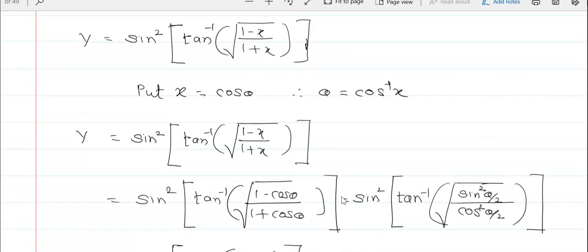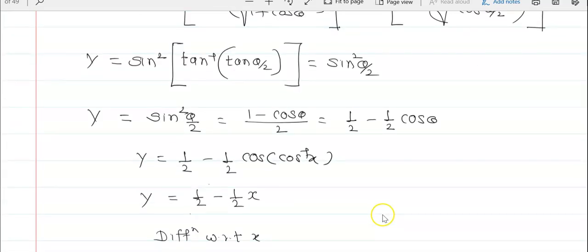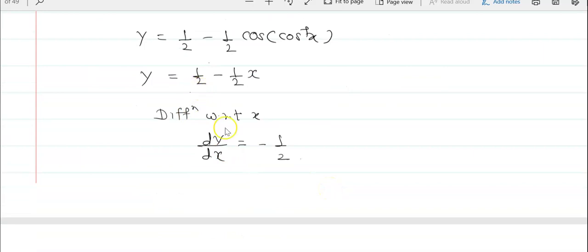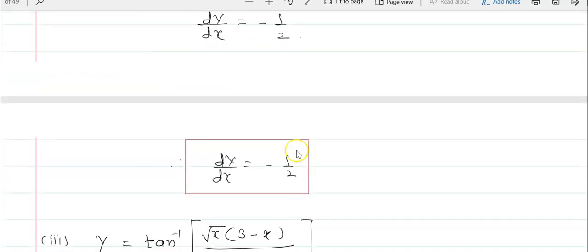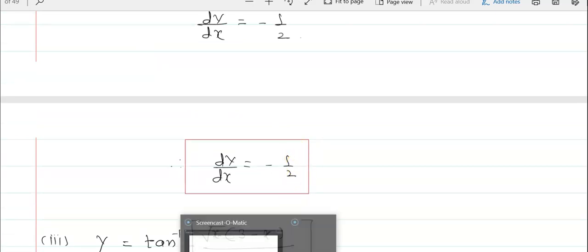Theta is the cos inverse of x. Therefore, this is cos inverse. Now, what is the cos of cos inverse of x? It is x. Now, differentiate this. The derivative of 1 upon 2 is 0 and the derivative of x is 1, which gives dy by dx is equal to minus 1 upon 2. And this is the answer. Now, the next is